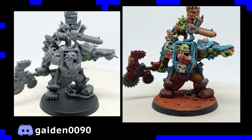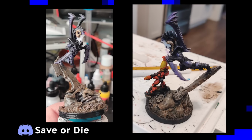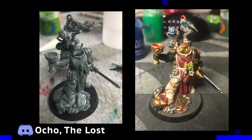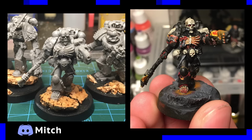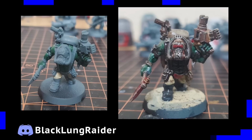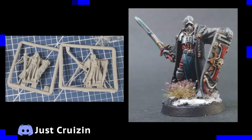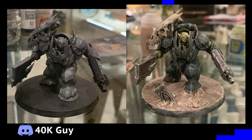An Orc Megaboss by Garden0090, some Norkers by Wombat74, an Old School Drazard by Save or Die, a Space Marine on Bike by Smelly Gazghoul Fart, a Blood Angel Sanguinary Priest by Ocho, The Lost, a Genestealer Cult Bus by Squid Cultist 002, a Legion of the Damned Lieutenant by Mitch, an Orc Commando by Black Lung Raider, a Chaos Lord by Grayscale, some Imperial Crusaders by Just Cruisin', a Primaris Ancient by Burr Lattice,